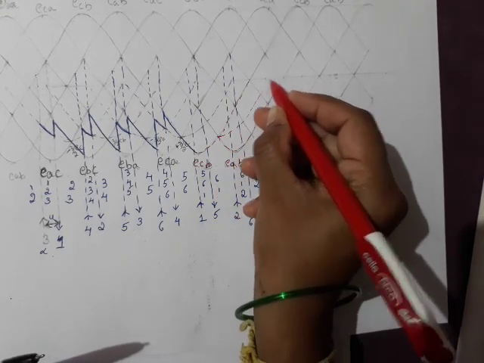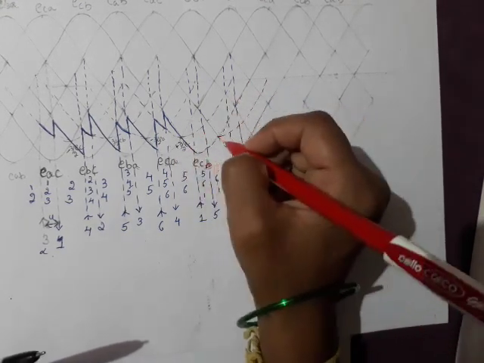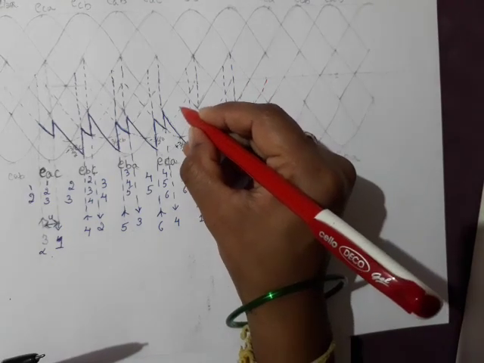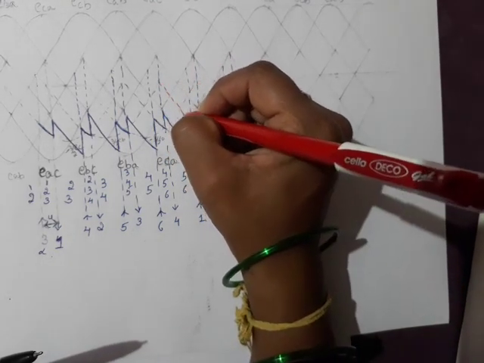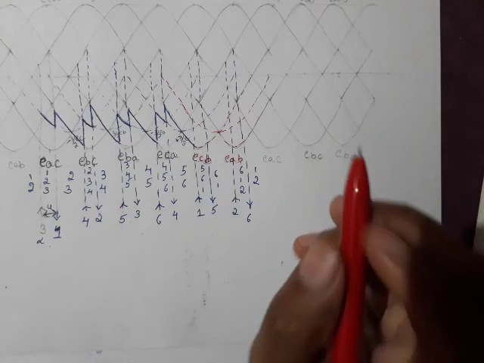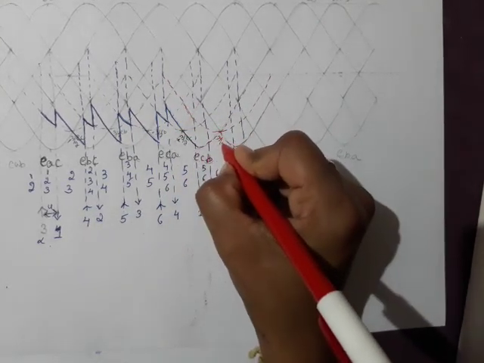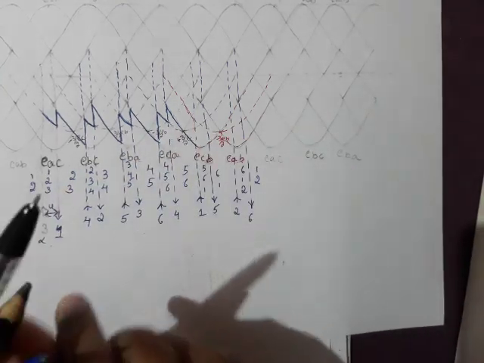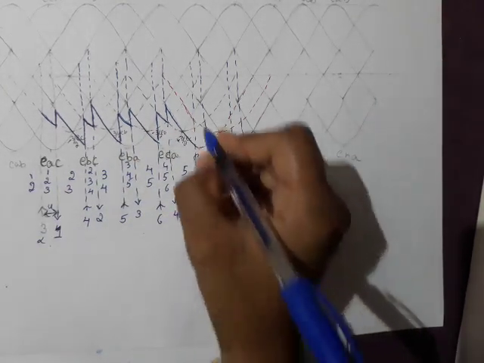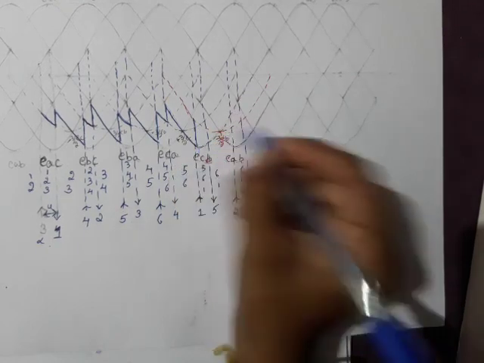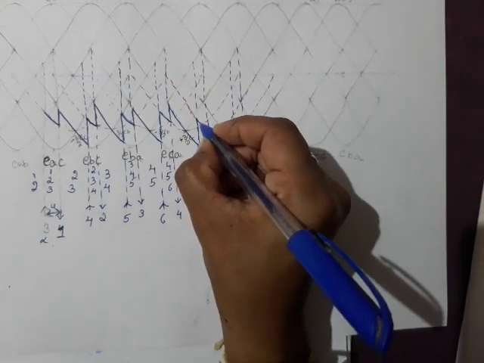So the phase difference is 30 degree. This is an important thing. So I have to give a phase difference of 30 degree because from line to phase voltage there is a difference of 30 degree. So this is your phase voltage. Which one? Minus 3 by 2 times of EB. So between this one, when 5, 6, 1 are conducting, it will follow minus 3 by 2 times of EB.